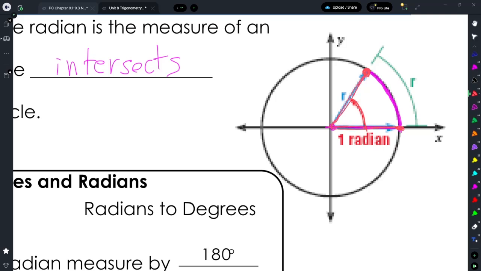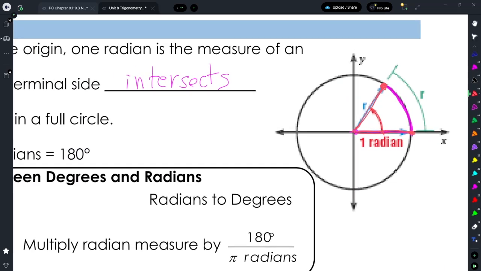That angle measure is 1 radian. And we could keep going and add 2 radians, 3 radians, and 4, and so on, all the way